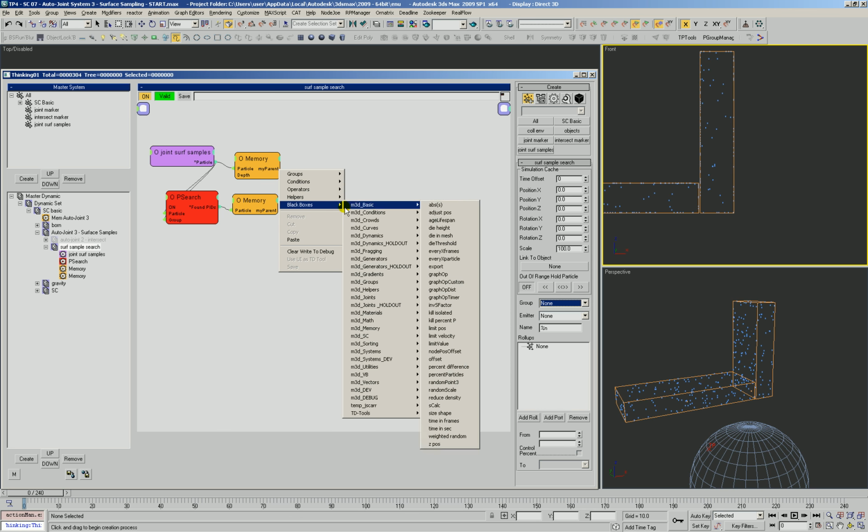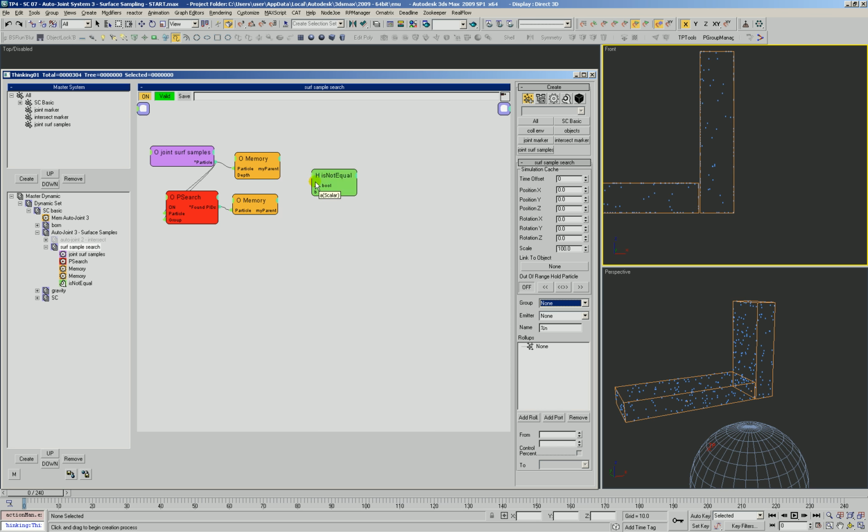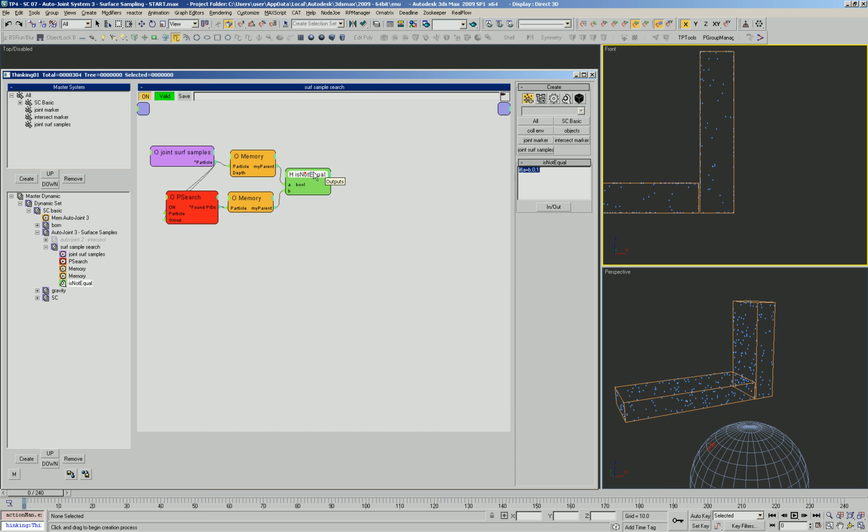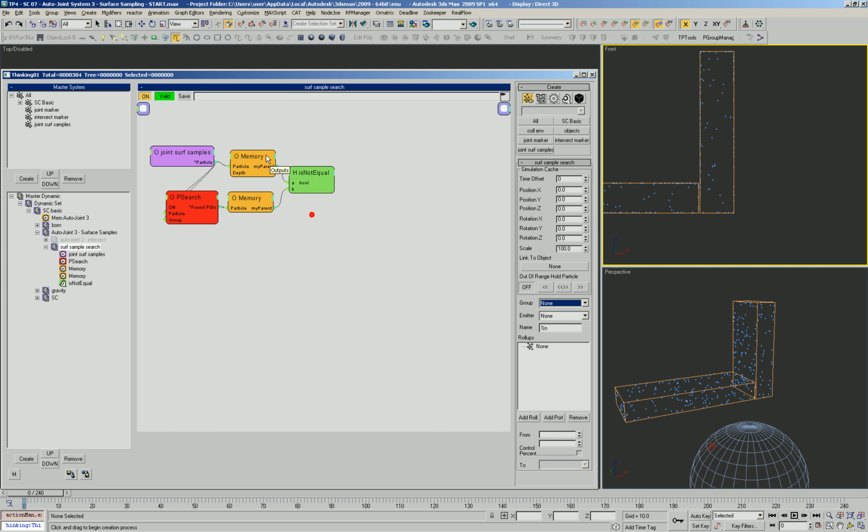We actually have a M3D condition called is not equal, and that just takes two scalars and compares them. And if they are equal, then we output a 0. So if they're not equal, we output a true. So okay, so if they're not equal,